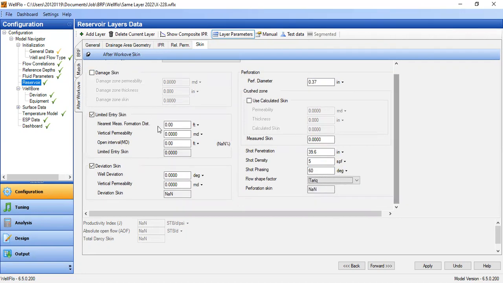And now with the added perforation, the nearest measured formation distance is only 3.45. So it's now much closer to the boundary, to the upper boundary of the reservoir. And vertical permeability 7, just like before. And now the open interval is quite long, which is 46. So I add